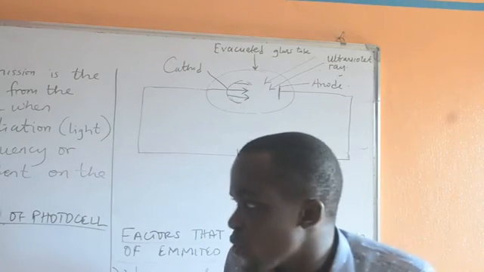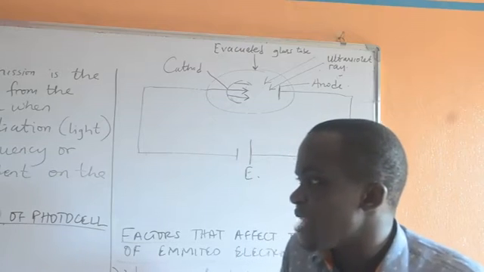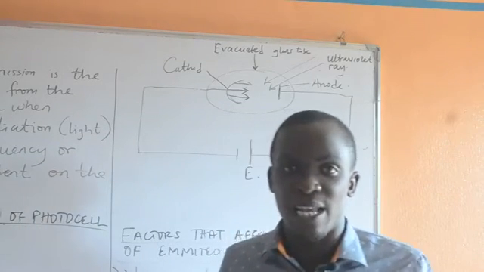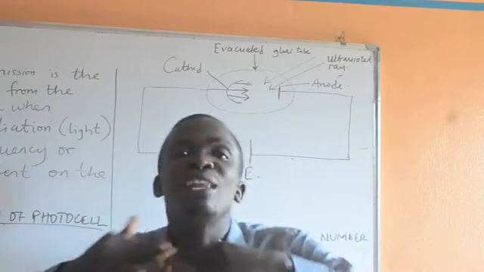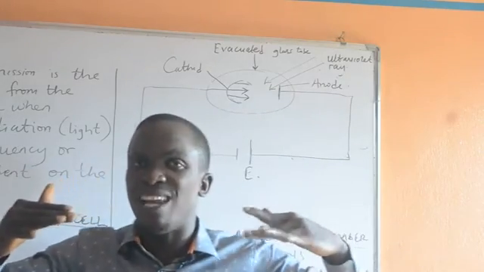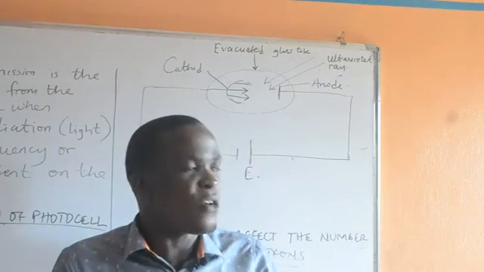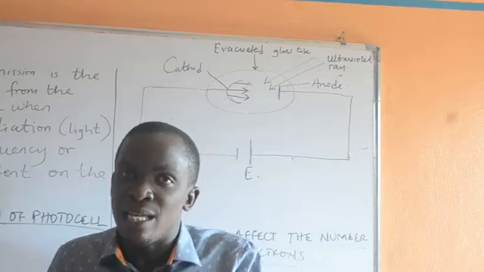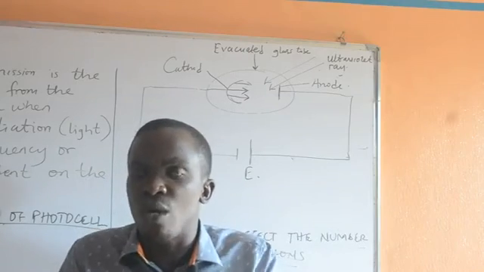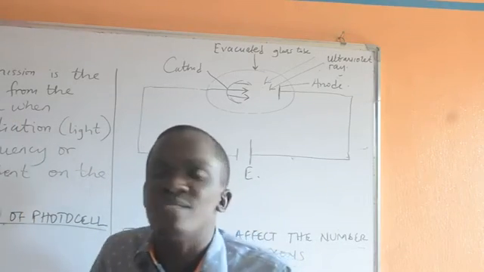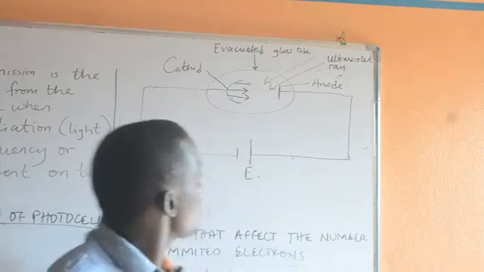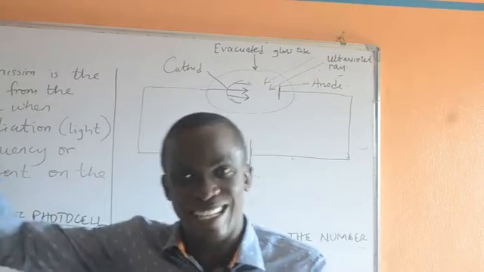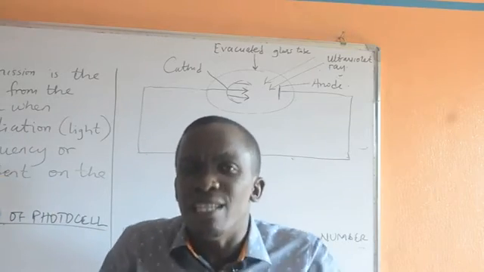Then Roman figure 2, under that same question, we are asked, state one factor that may affect the number of emitted electrons. Now, take note. If we have less amount of radiation, talking about less amount of sunlight, like most of us who use solar panels at home, you discover that maybe throughout the day, there is rainfall all through, and definitely there will be no sunlight that will fall on such panels. It is expected that the electricity that you may generate will not be up to the expected one.